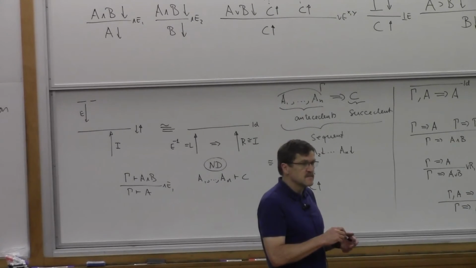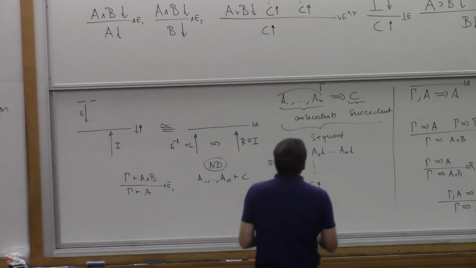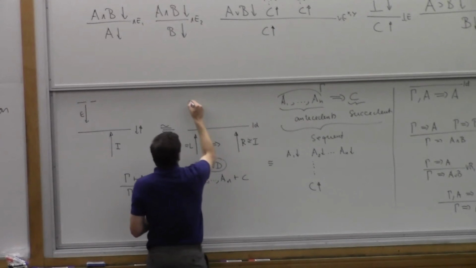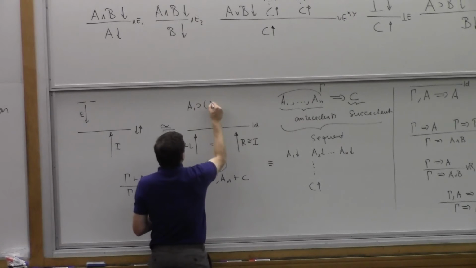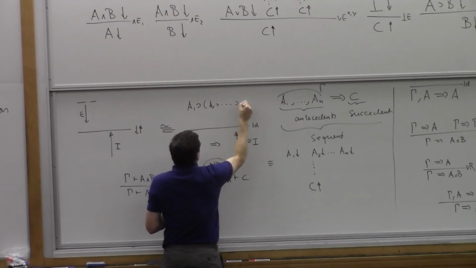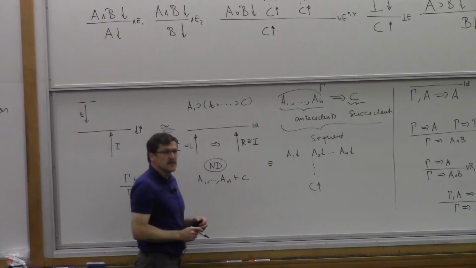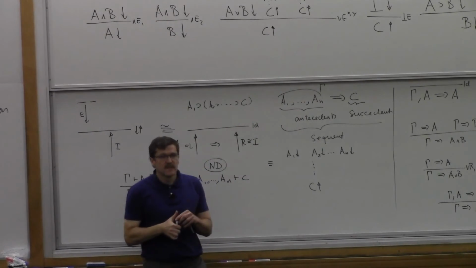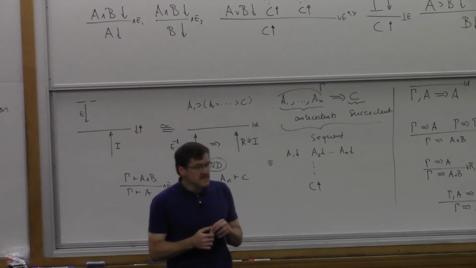Yes. Right. So if you know this, then by using the implication right rule, you can always infer that A1 implies that A2 implies C. You can always prove that if you know the sequent. Okay. So that's the sequent calculus.